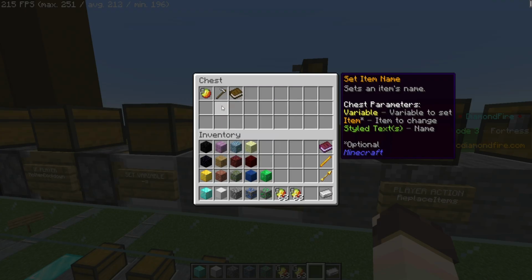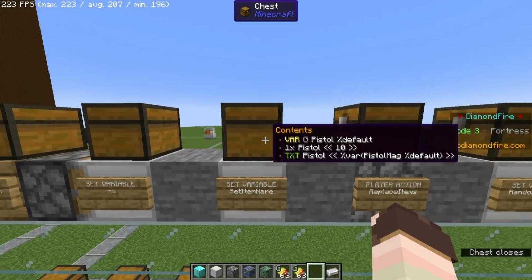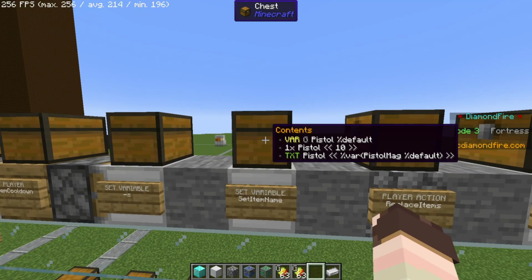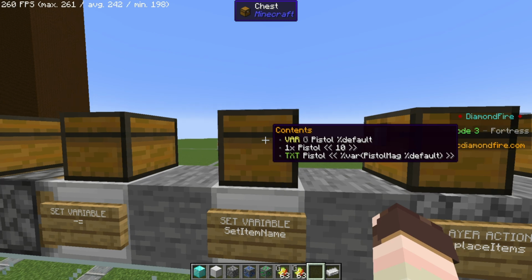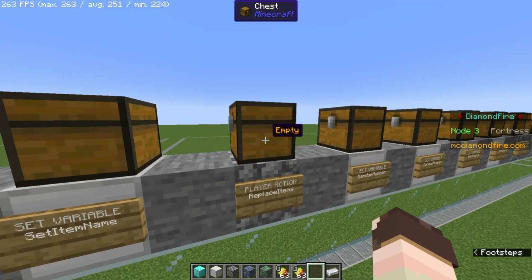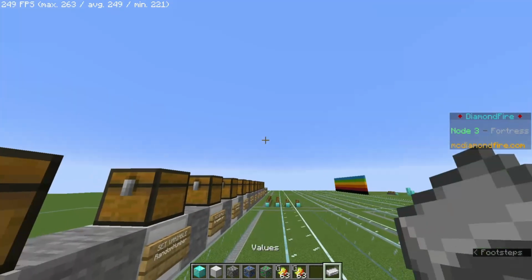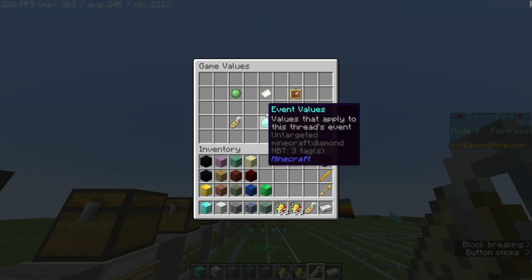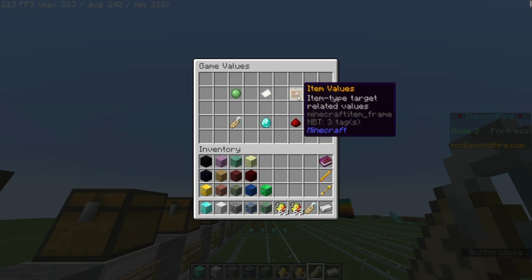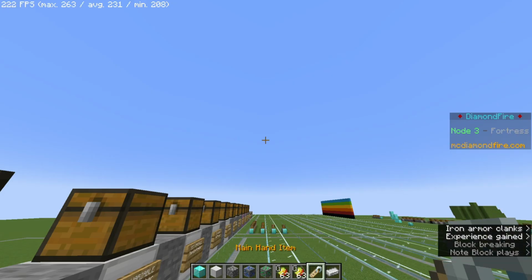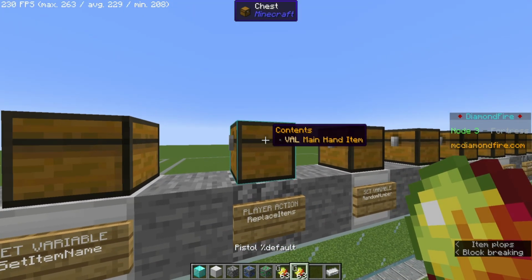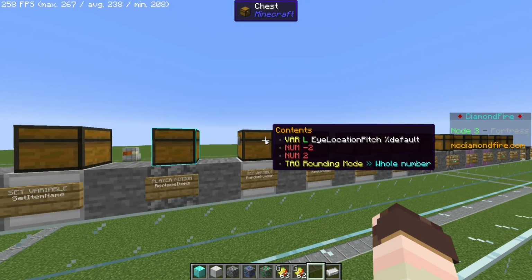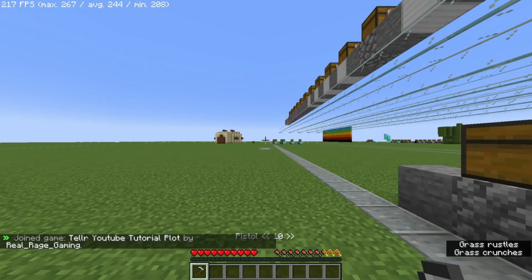You can't just rename the item to do this, unfortunately. You have to set the item name and use a styled text, since text codes like this are a hard-coded part of the styled text and the styled text only. The last thing for this step is to get another game value. Set it to main hand item under the item values and put it into the replace items chest along with the pistol variable. Now if you do /play, you can see that the gun now has